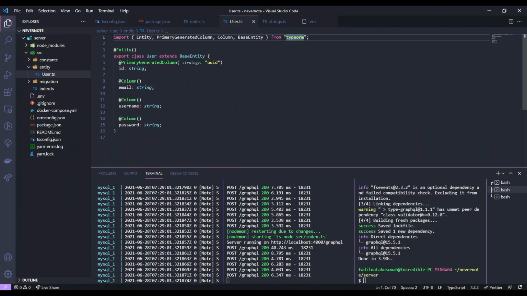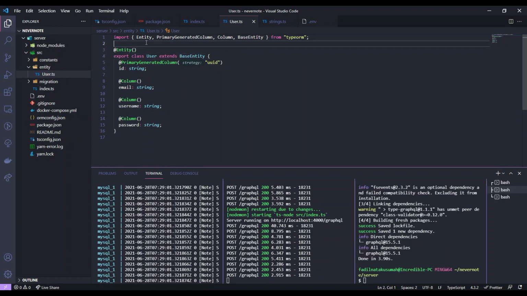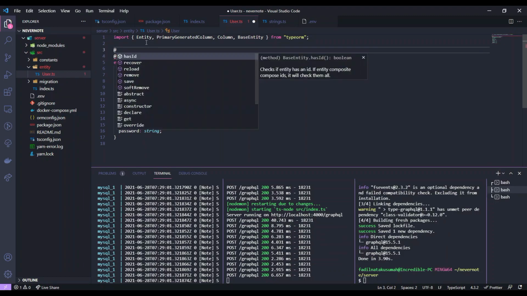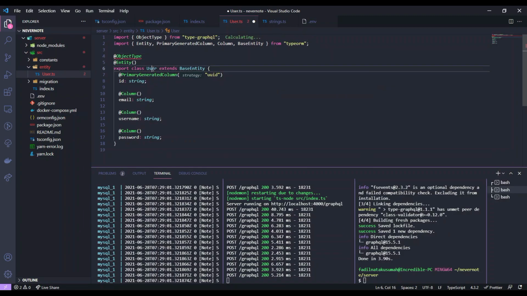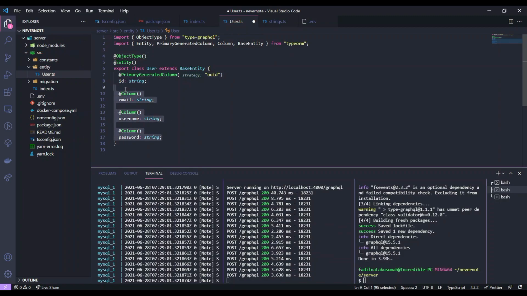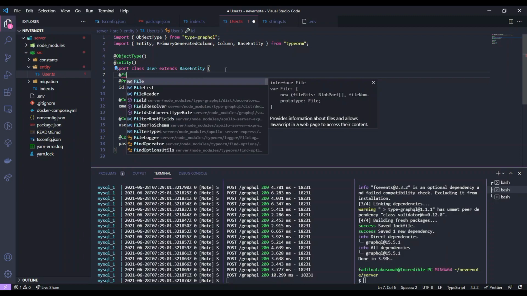From TypeORM, we want to make this user to be able to be used as object type for GraphQL. So here, I'm gonna say object type. So it wraps this user, and then we want to make these columns to be able to be selected in GraphQL. So in here, we want to set this to be field